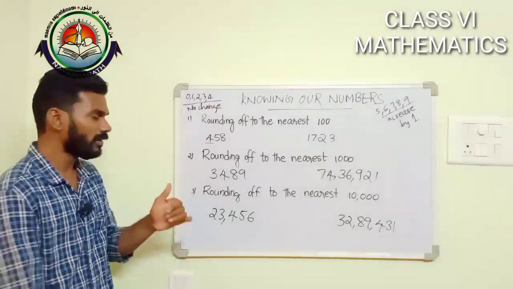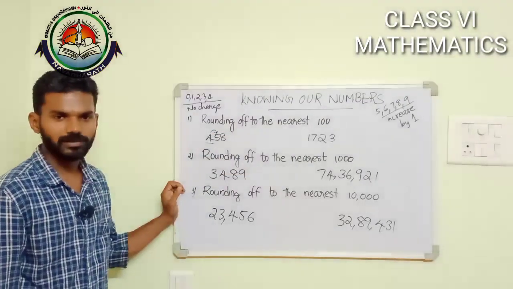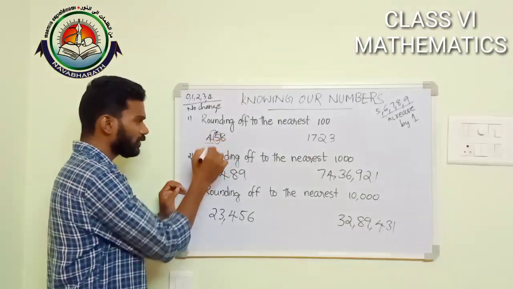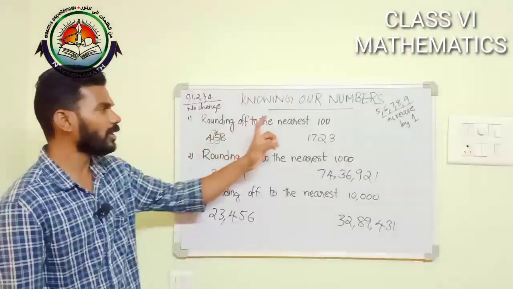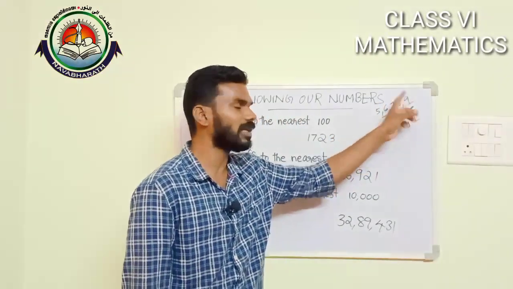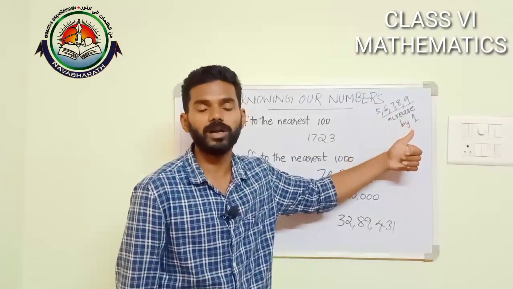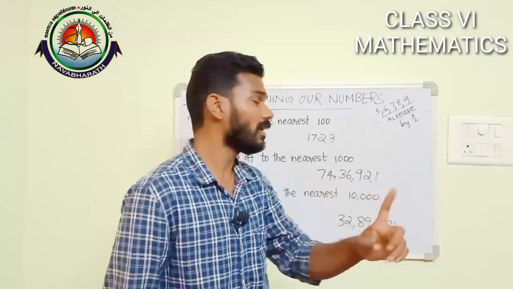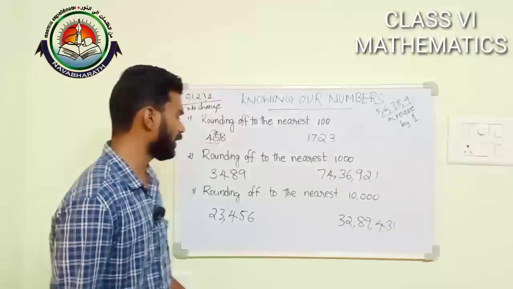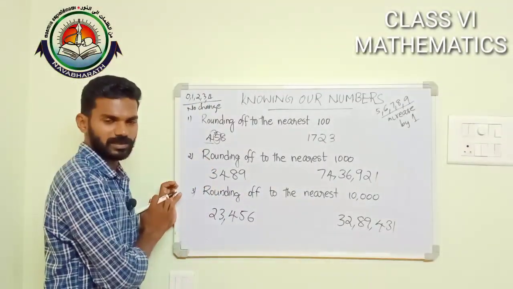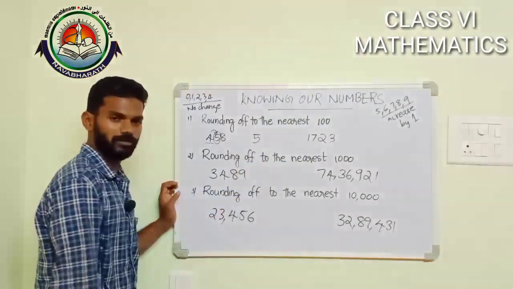Then what do you want to do? As we did before, consider the next nearest digit on the right. And it is 5. Clear? If it is 5, 5 belongs to this category: 5, 6, 7, 8, 9. Clear? And if it belongs to this group, you have to increase the hundreds place by 1. Just add 1 to the hundreds place. Here it is 4 at the hundreds place, and it must be increased by 1 so that it becomes 5.